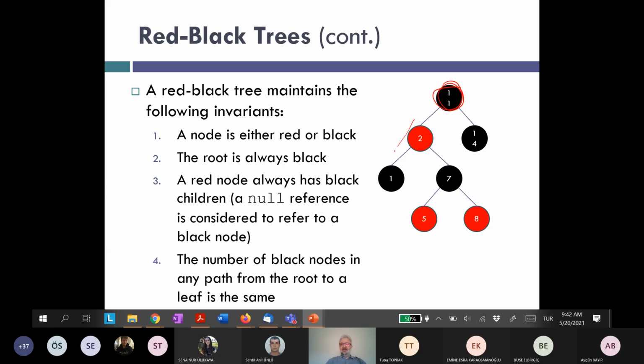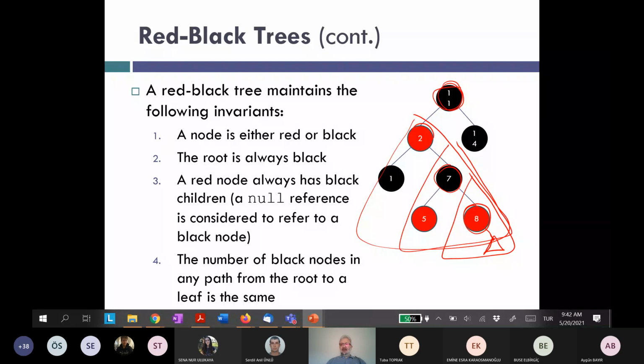on the left subtree. It is greater than 2, so we have to insert on the right subtree. Greater than 7, so we have to insert on the right subtree. Greater than 8, we have to insert on the right subtree, which is empty. There we understood that the element 9 is not in the tree, and this is the insertion position. We have to insert 9 over here, right? As in the